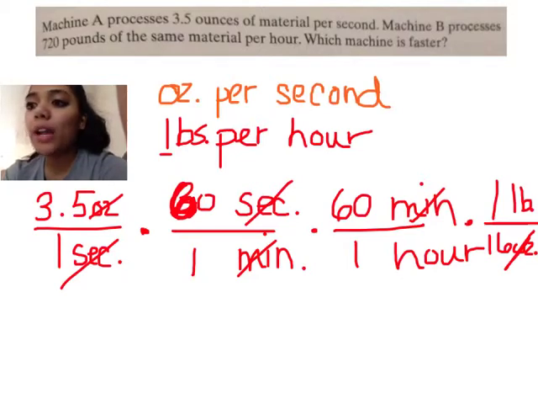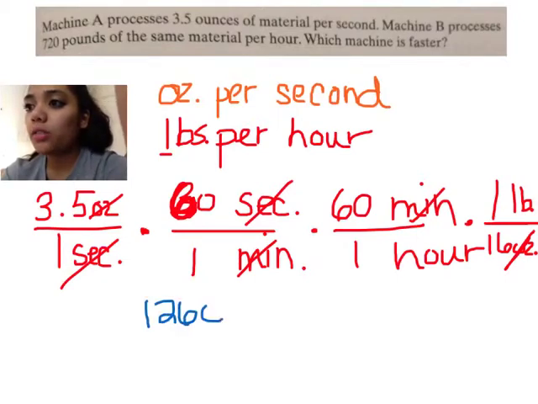I have hour now at the bottom, and I have ounce at the top. So I need to figure out, how do I get rid of the ounce? I want the ounce to go away. The ounce is at the top, so I need there to be an ounce at the bottom. So I'm going to put ounces on the bottom. And there are 16 ounces, and I'm converting it to pounds. 16 ounces in